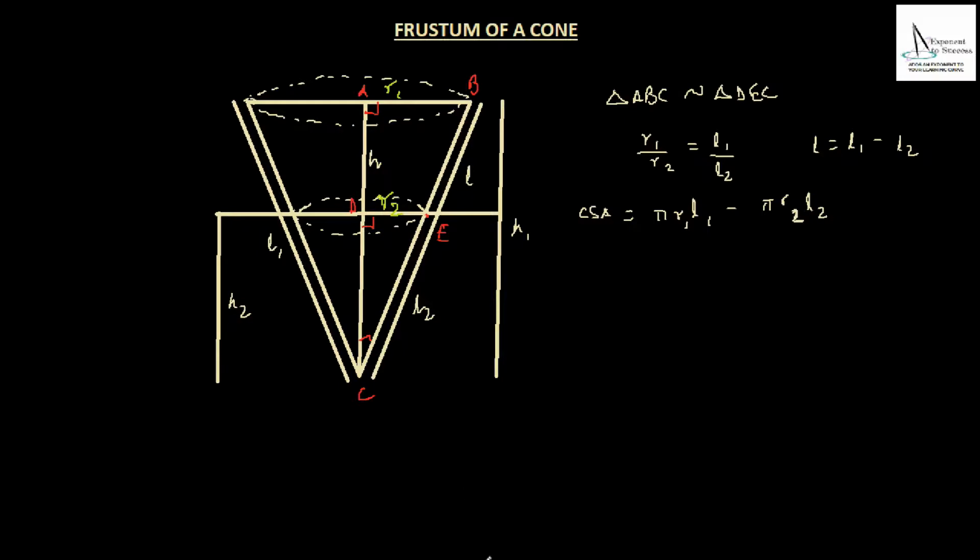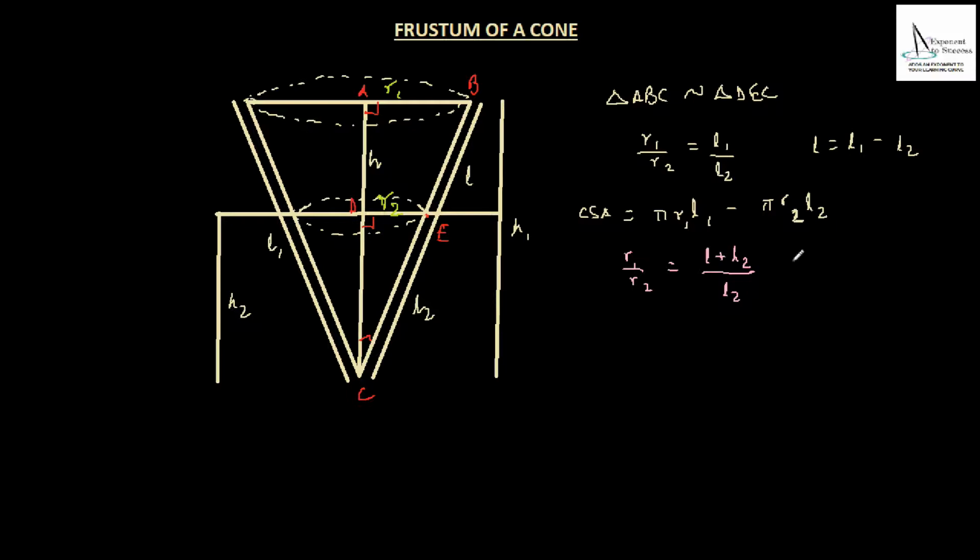Now unfortunately, whenever we are looking at a frustum in real life, we don't know what part of the bigger cone it is and what is the smaller cone that has been cut off. So we don't know the values of L1 and L2 actually. So we'll first have to find the values of L1 and L2 in terms of L. For that, let me look at this relationship again, that R1 upon R2 is going to be L1 upon L2, but L1, we can see from this equation, is nothing but L plus L2, over L2.